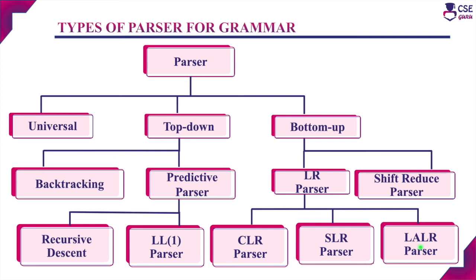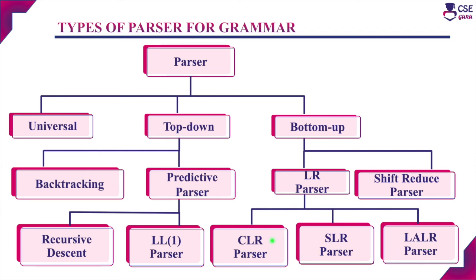Next, the LALR parser. This LALR refers to look-ahead LR parser. Here this LALR parser uses LR(1) items to construct the parsing table. The LR(1) items which have the same productions but different look-aheads will all be combined to form a single set of items. And this LALR parser is less powerful than the LR parser but more powerful than the SLR parser. This LALR parser is used by the Yacc parser generator.